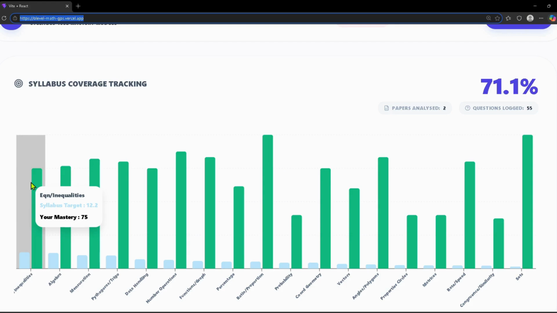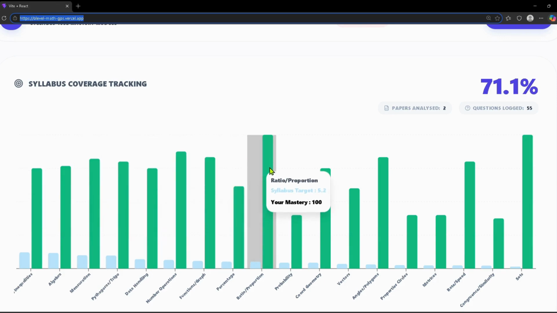But remember, just turning a bar green isn't the end goal. To secure your distinction, your target is to push the mastery level of every single topic as close to 100% as possible, keeping 80% as your absolute minimum safe zone. This dual bar design stops you from celebrating a high overall paper score when you actually bombed a highly weighted